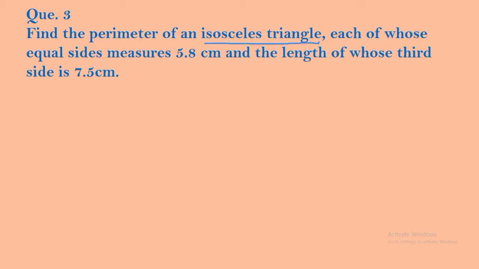Suppose this is the isosceles triangle. I'm just going to draw it. This one, isosceles triangle. So you can see from here, this is the isosceles triangle. You can see it. Yes, two sides are equal and the third side is not equal. Got it? Means what? These two sides are equal length. So you can say this is the isosceles triangle. Again, I'm just going to draw another figure. This is a triangle. You can check it.